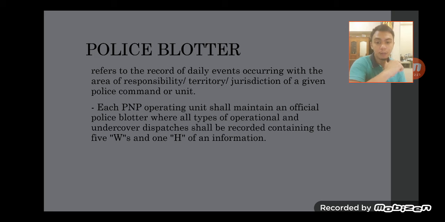Then every PNP operating unit shall secure and maintain an official police blotter where all types of operational and undercover dispatches are recorded containing the 5 W's and 1 H. So unsa maning 5 W's and 1 H? This refers to whom or who, what, where, when, and why. Ang H, how. Police blotter must be written also in a prescribed size of 12 by 16 inches na libro,